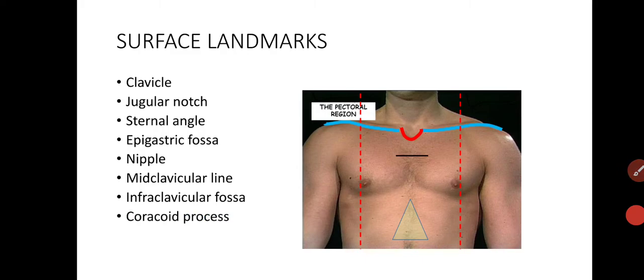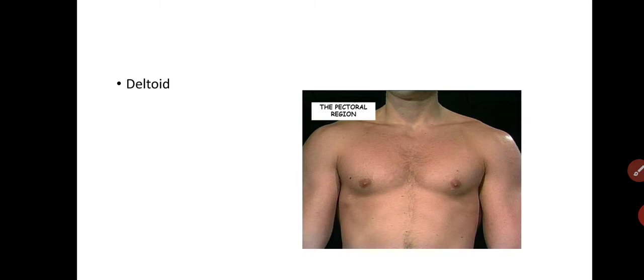Then the coracoid process: in the infraclavicular fossa, 3 cm below the clavicle, is a bony prominence. This is the coracoid process, this one. Then the acromion: the lateral end of the clavicle articulates with the acromion process of the scapula. So this green structure is the acromion. Then the deltoid: the round contour of the shoulder joint is caused by a muscle, and this is the deltoid muscle. This one.